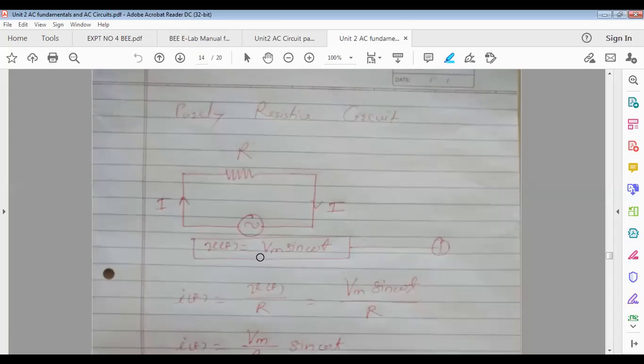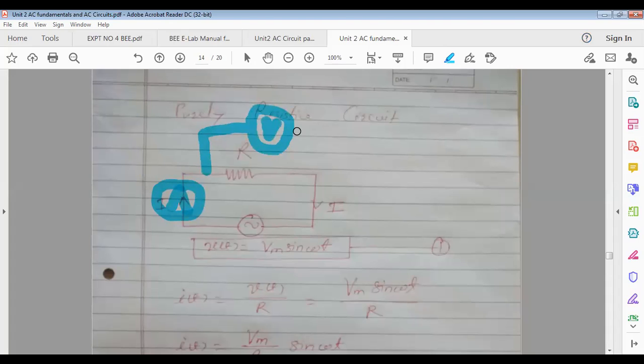Now see here, voltage applied, purely resistive circuit. Once you switch on a resistive type of load across a single phase AC voltage, v(t) = Vm sin(ωt), current will flow in the circuit. Many times I told you that if you connect an ammeter, we always connect it in series with the load. A voltmeter we always connect in parallel with the load.